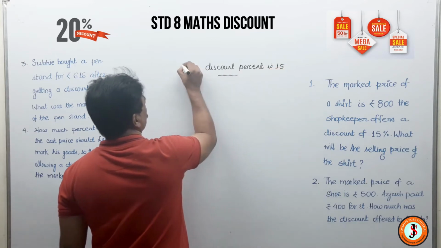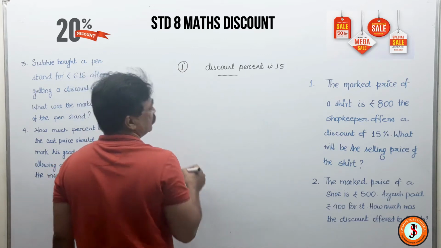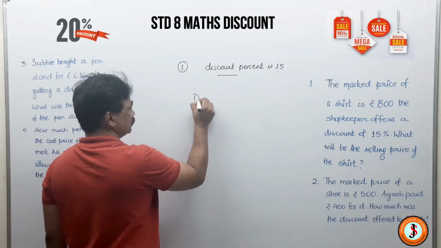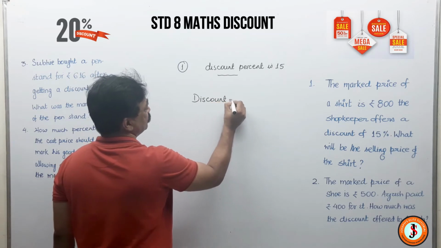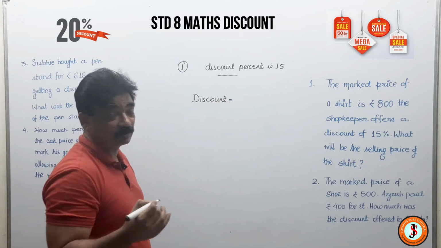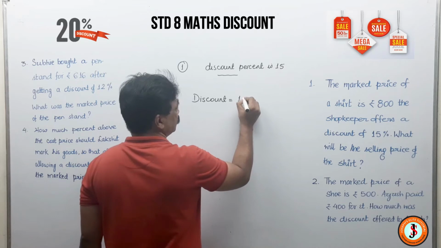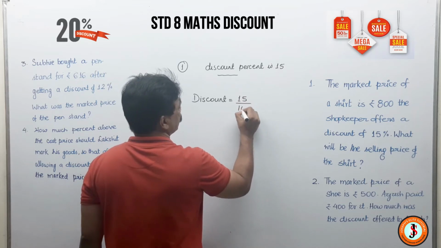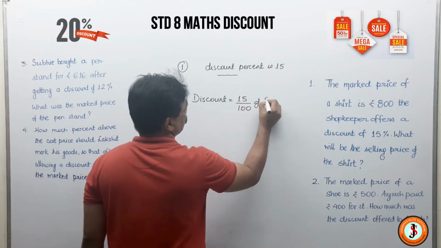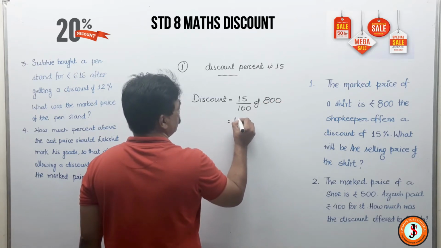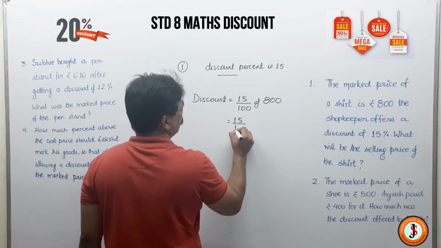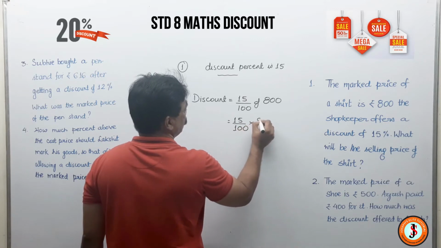So this is question number 1. We get the discount first. Discount is always calculated on the marked price. So 15% of the marked price, 800. That means 15 by 100 into 800,